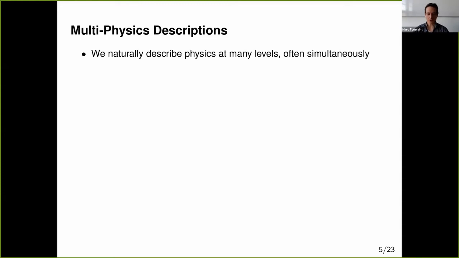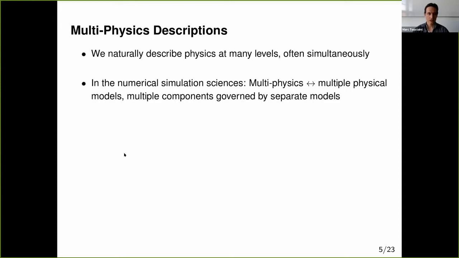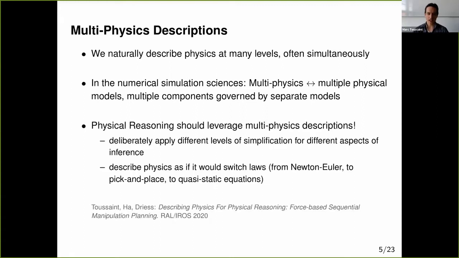So also in science, we have so many descriptions of physics, and depending on when and where and which component of physics in our world we want to describe and reason with, we use different models. And I find this quite interesting. So in numerical science, the term is also used for that. Multiphysics, meaning, for instance, when you numerically simulate a physical system, a fluid system or something, then you use different parts of physics to describe different components, maybe one using fluid dynamics, the other electromagnetic interactions and things like that. And here, what I kind of propose is